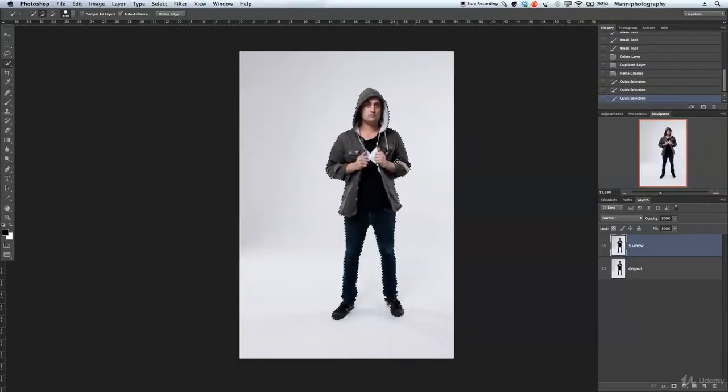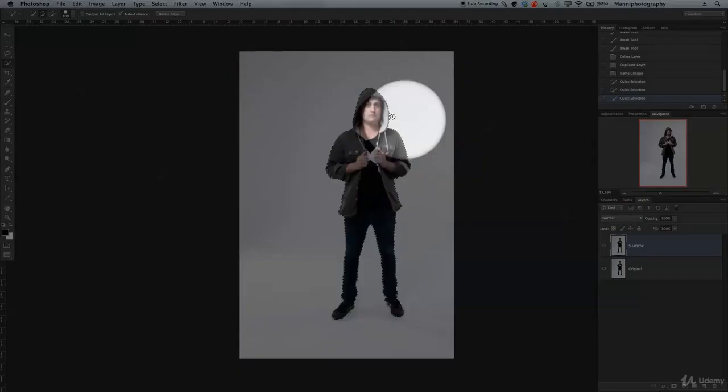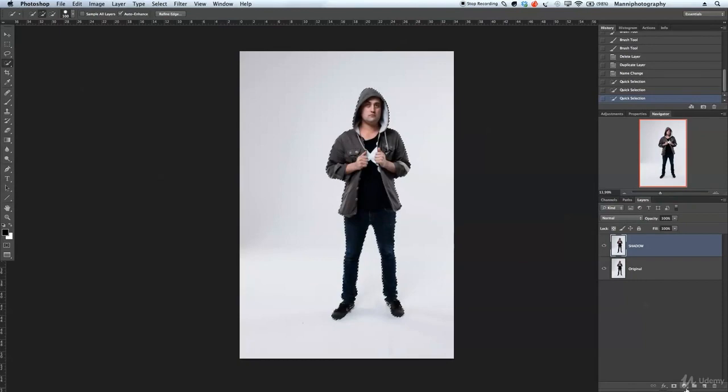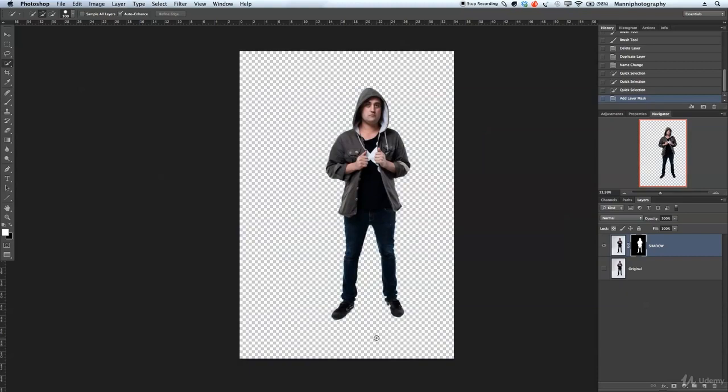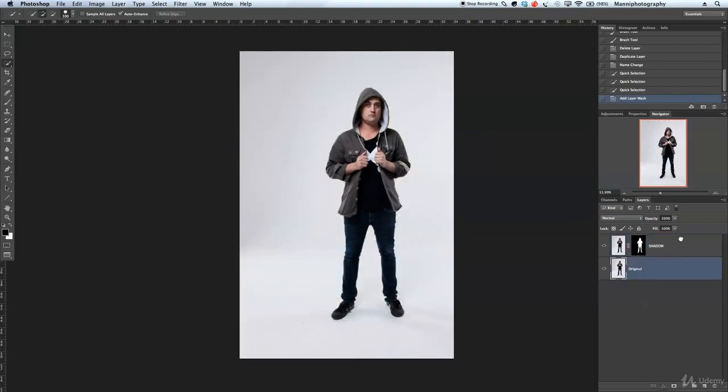So first of all, what we're going to do is create a mask with this shadow layer. So let's go over here and select our mask down here, and we have our mask out. We've cut our complete person out of the mask. It's not a perfect mask, but it works quickly for this tutorial. Alright, put on the original layer again and also back to shadow, and now we're going to do the same